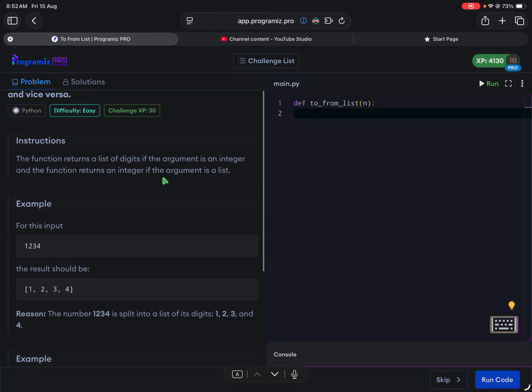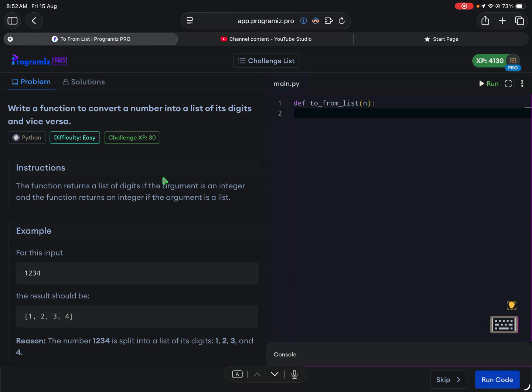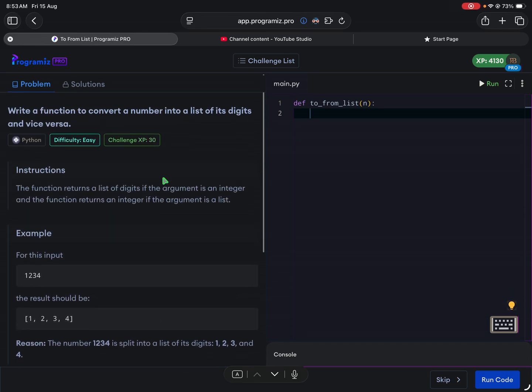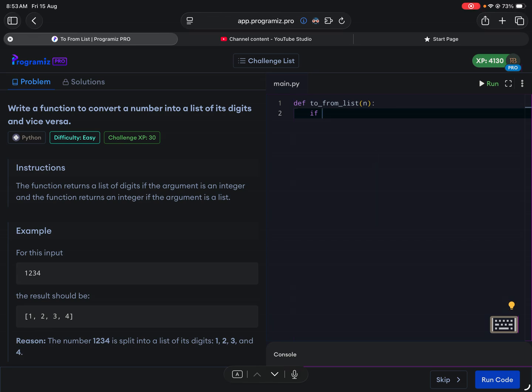So we need to convert a number into a list of digits and vice versa. Okay, so we might have to just check: if isinstance, I guess, of... no, I think isinstance is a global function, right? isinstance(n, list), right? If it is a list, we can simply do return